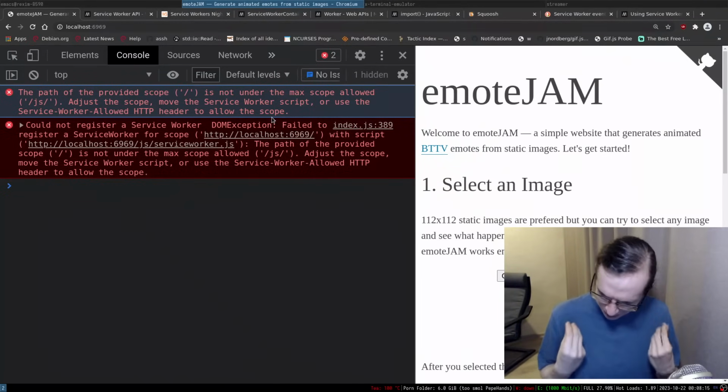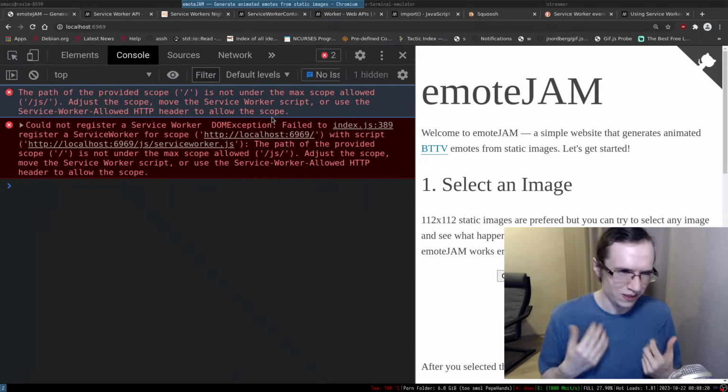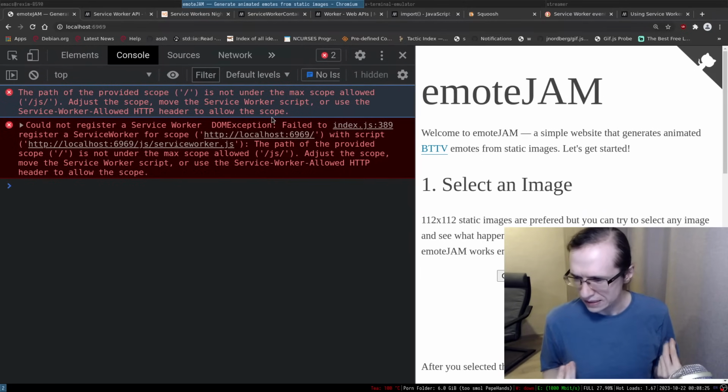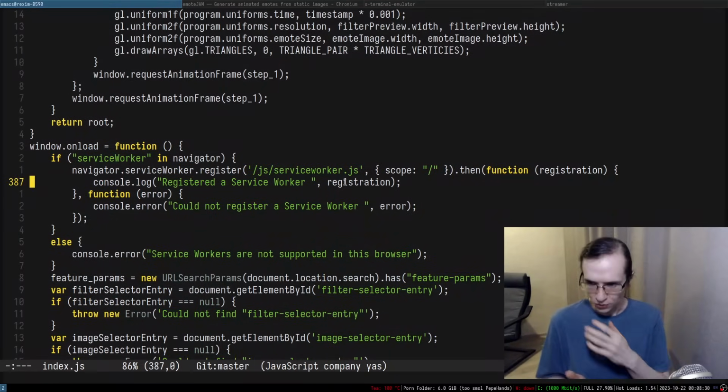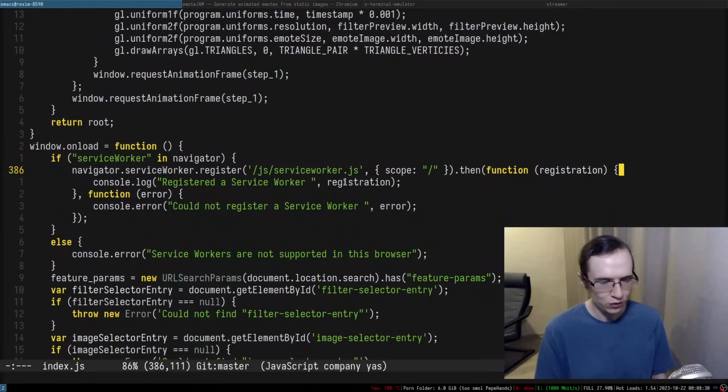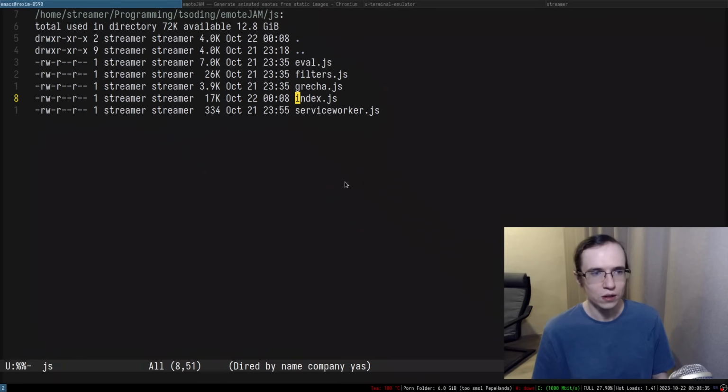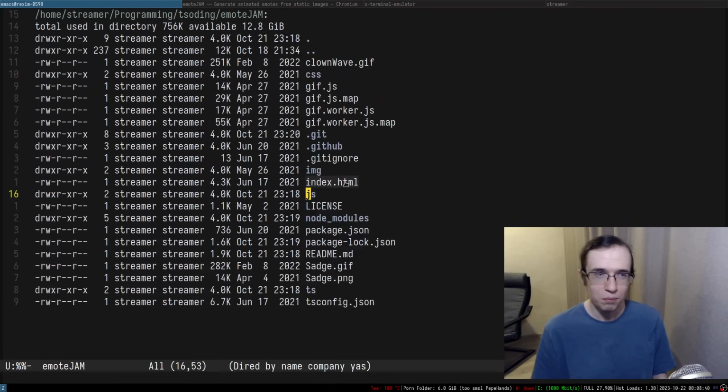Maybe it's just a pain in my ass, but I feel like it's web. Sometimes it's kind of difficult to distinguish whether it's just pain in my ass or just web. Anyway, so essentially what we need to do, maybe we can just move this entire thing to the root, but